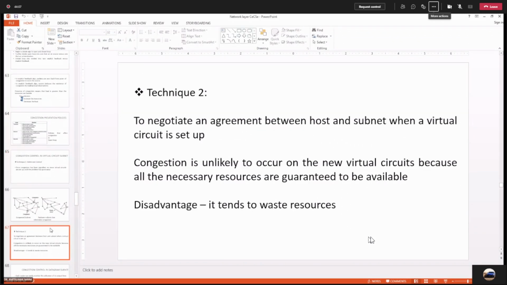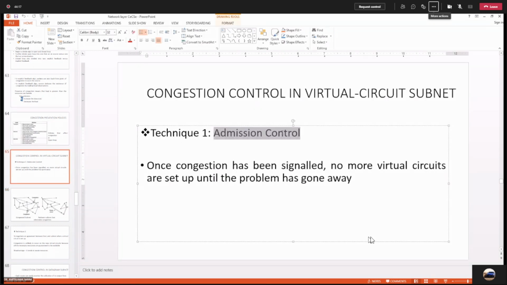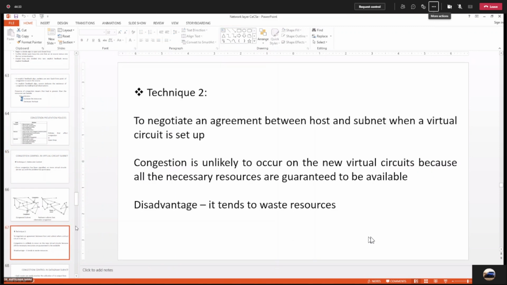Let me check whether any proper diagram is available. So in the admission control mechanism, you have to focus on this: if congestion has been signaled, then no more virtual circuits will be created. Only this point you have to remember. This is admission control.